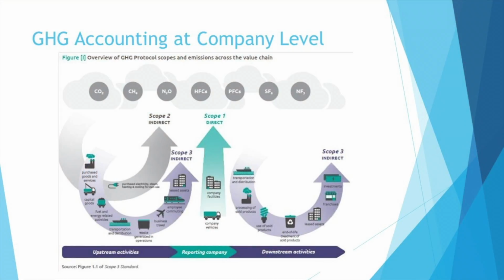And I spent most of my summer on the environmental side of ESG analysis. I looked at greenhouse gas accounting under the Greenhouse Gas Protocol. Now, a little background: there are three types of emissions for a single company. There's Scope 1, which is the emissions that occur through direct combustion of fossil fuels. There's Scope 2, which is the emissions that occur through the purchasing of electricity from the grid. And then there's Scope 3, which is everything else upstream and downstream that is part of the